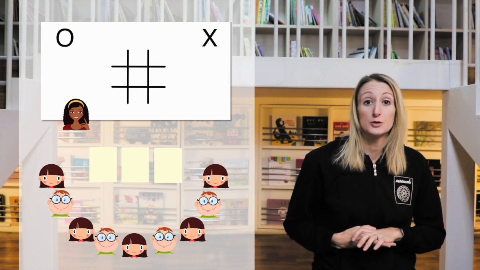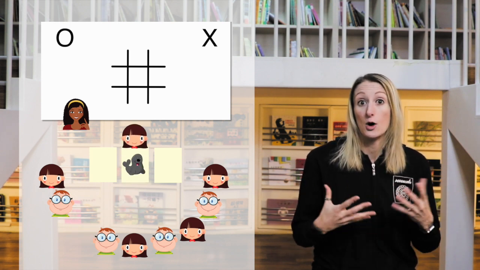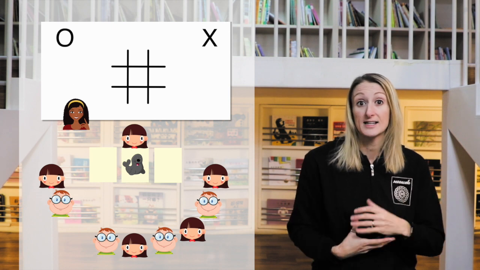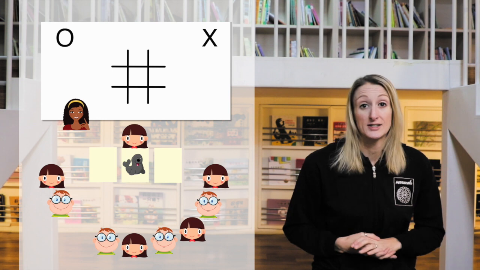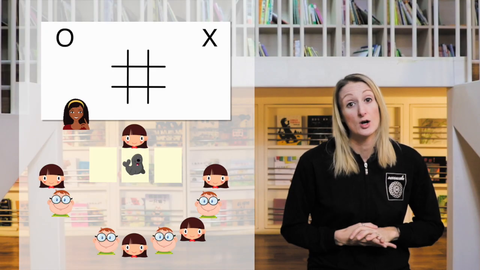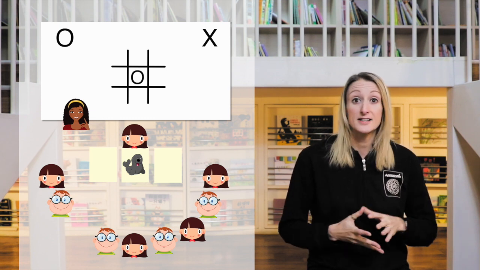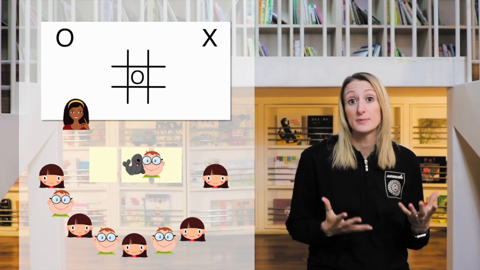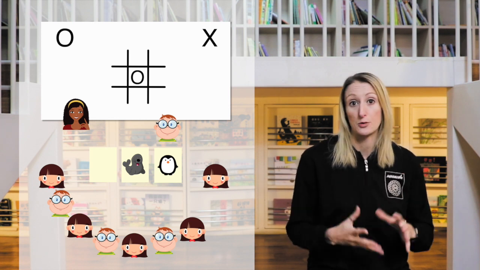Next, you're going to ask one student from Team A to come to the front and pick a card. The whole class as a group are then going to ask that student the target question, "What's that?" and the student in the middle has to use a sentence to reply. Now remember that you can adjust this target question to suit any subject or level of English that you might be teaching. If that student in the middle answers correctly, then they get to pick a spot on the tic-tac-toe grid. Next, a member from Team B comes to the middle, picks a card, and we go again. Keep going until one team has 3 in a row.